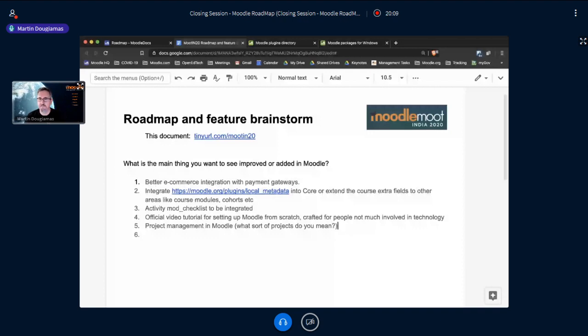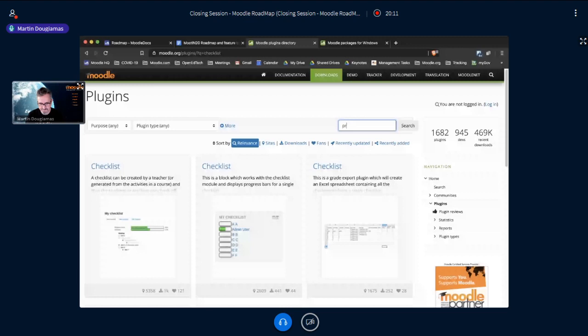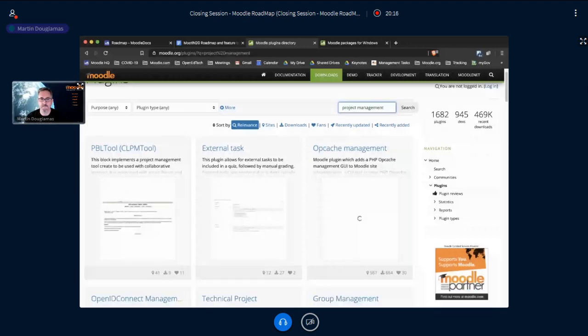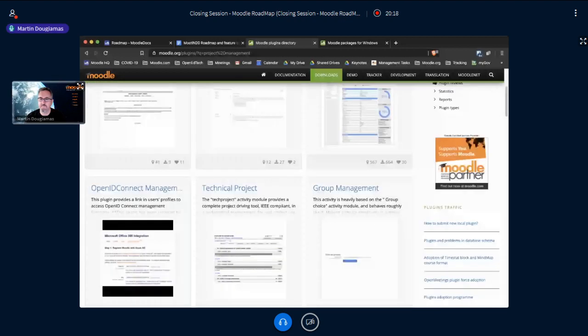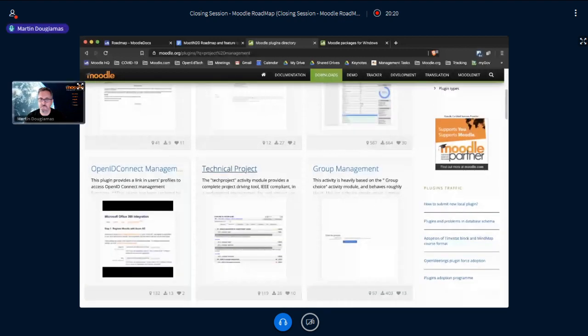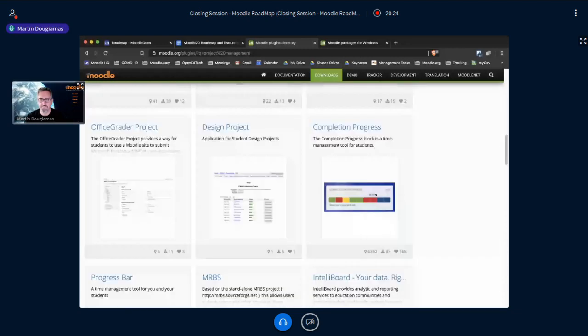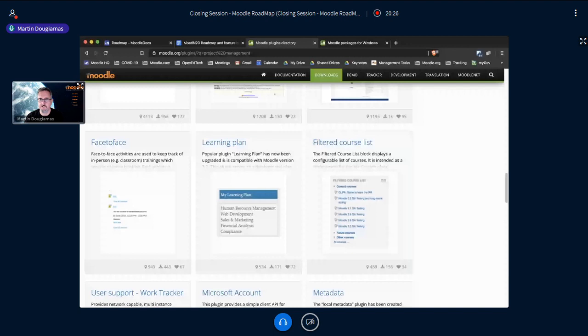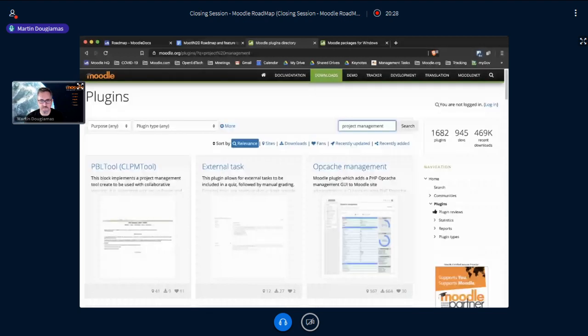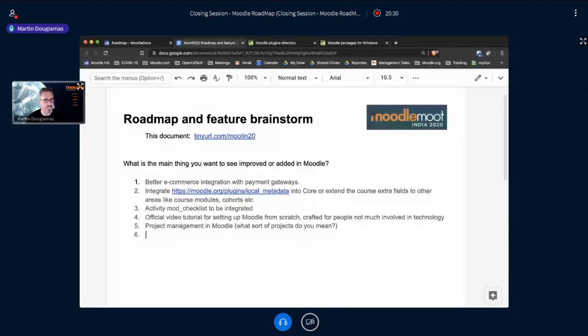If you look in the plugins area, we find that there are maybe a project management tool, a couple of things. So people mean different things. We need some details.